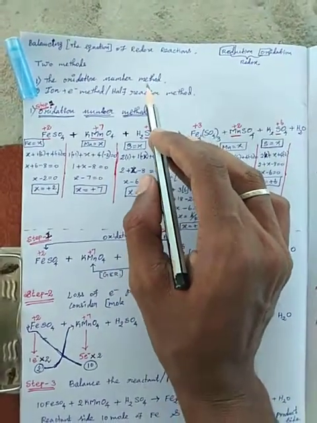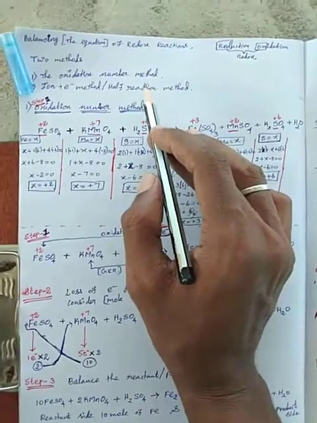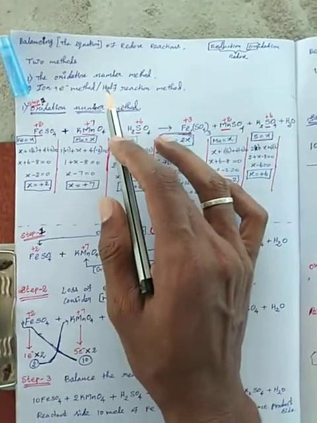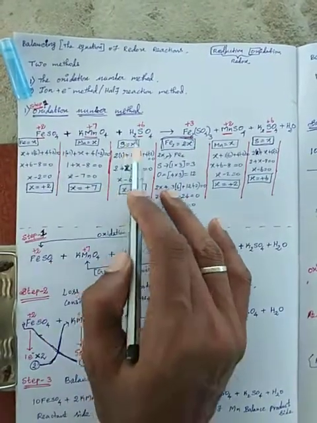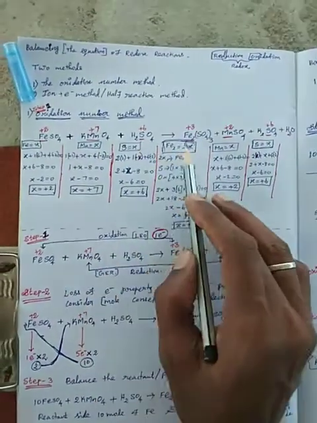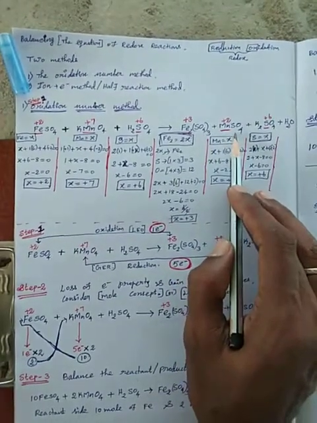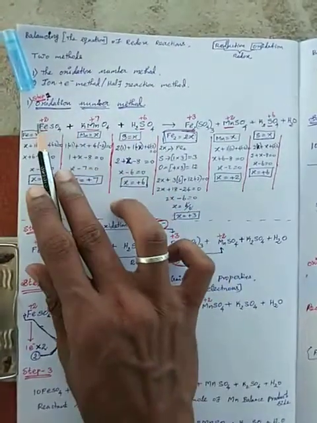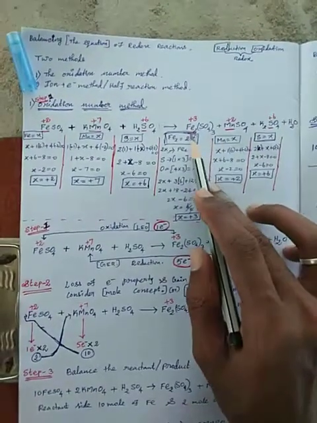You have already learned how to calculate oxidation numbers for every molecular formula, like metal atoms and gaseous atoms. So first, we are given the equation. The LHS part is the reactant part: ferrous sulfate, potassium permanganate, and sulfuric acid give the product part: ferric sulfate, manganese sulfate, potassium sulfate, and water molecules. So the LHS is the reactant part, and the RHS is the product part, students.